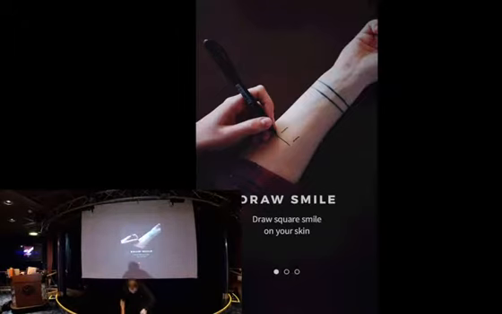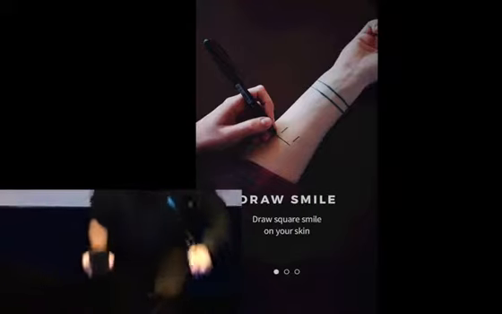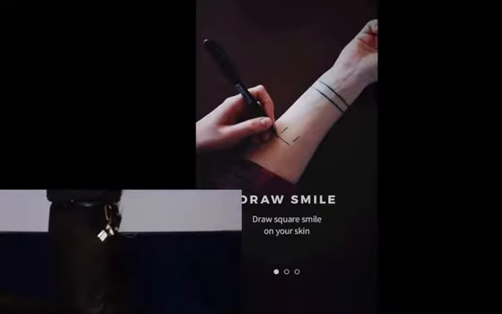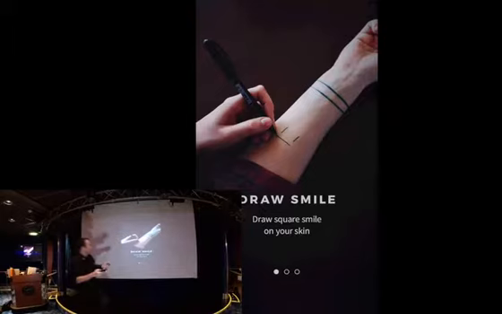Let me tie my shoes real quick. We need to do this. You don't have to do it on your sleeve. You can do it on your face too. That's what makes it so much fun. I should freak the kids out. You say, Mom and Dad got drunk in Barbados and got tattoos. It's great. And what you do is you take a marker and you draw a smiley face.